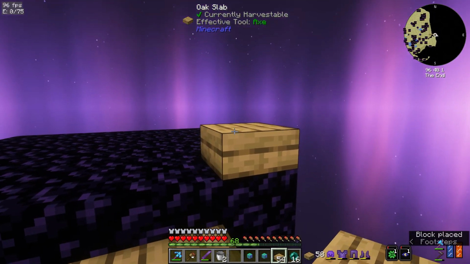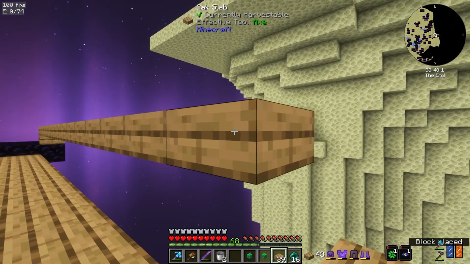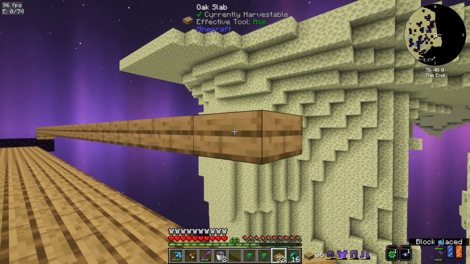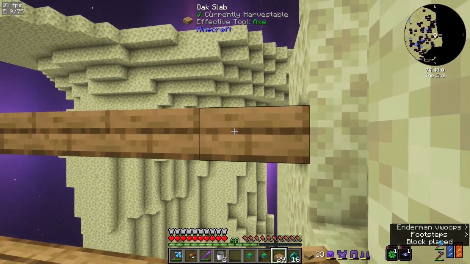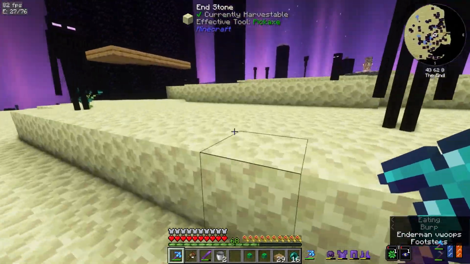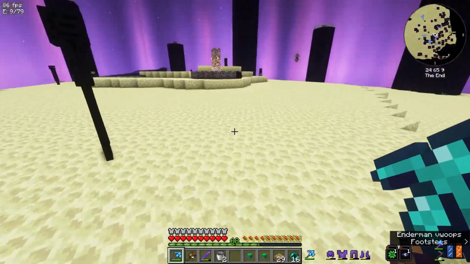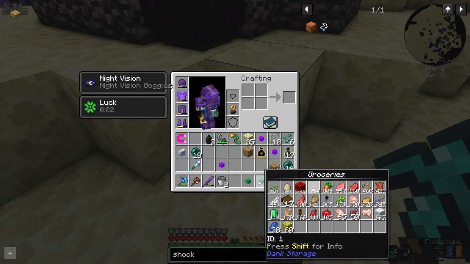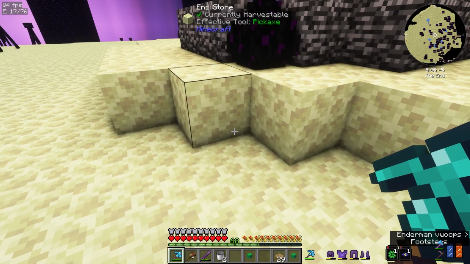I do not like how unsafe this is. I just need to correct this. A lot's going to change around this place. It's not going to be the death trap that it once was. Okay, let's have a look. Let's see if that dragon egg is still around. It is. Great. I think you'd do something like...